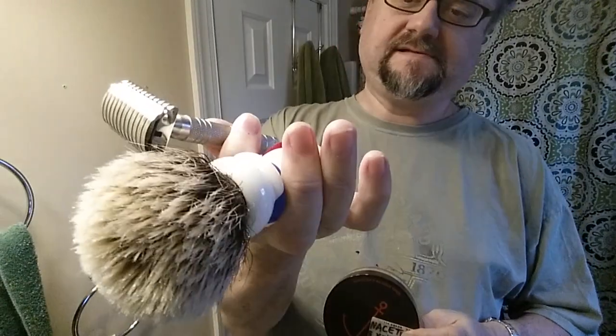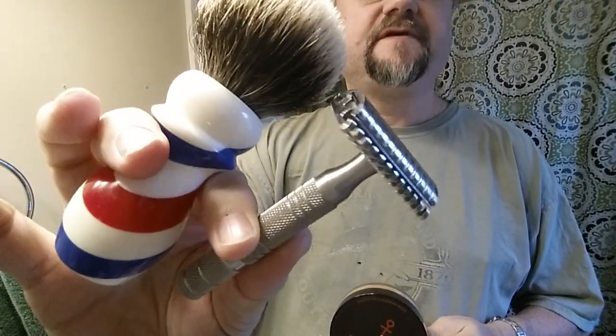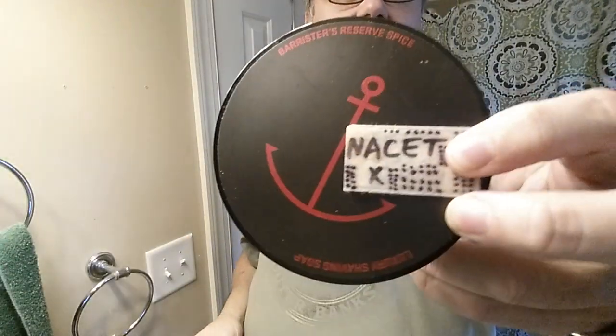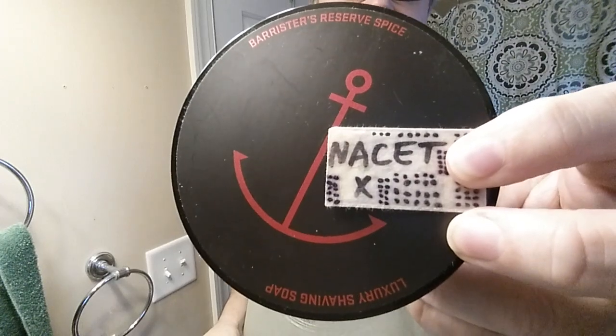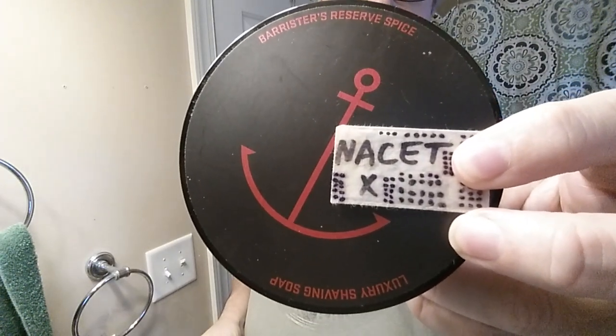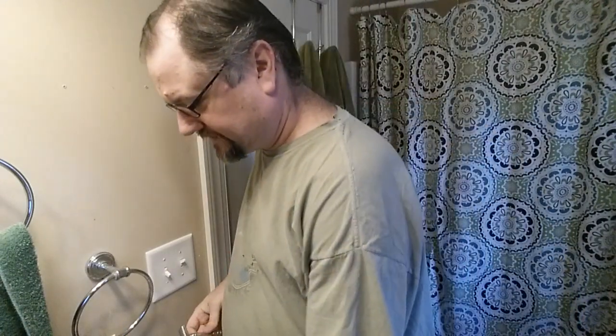Yaqi 24 millimeter finest badger, open comb version of the 68 timeless stainless steel, Nacet blade, which has 208 uses on it, and Barrister and Mann Rsrv spice scent, kind of like Old Spice. So let's get going. We already have the Nacet blade